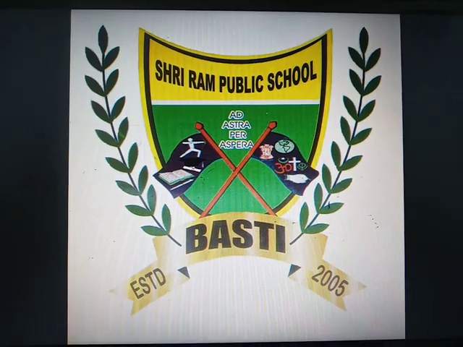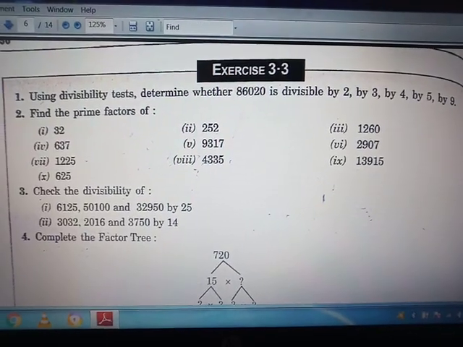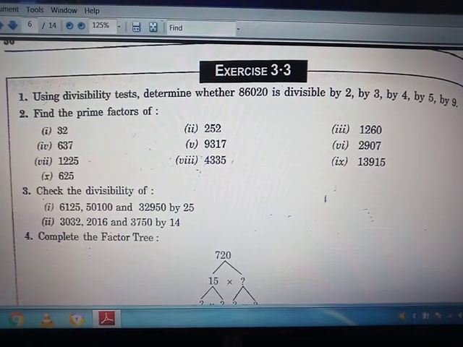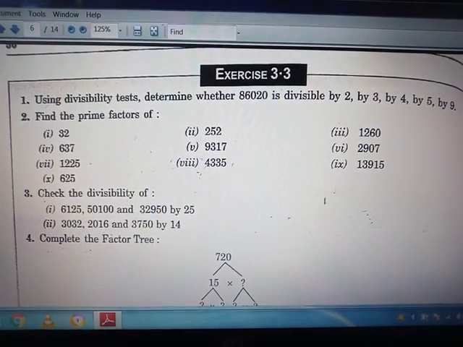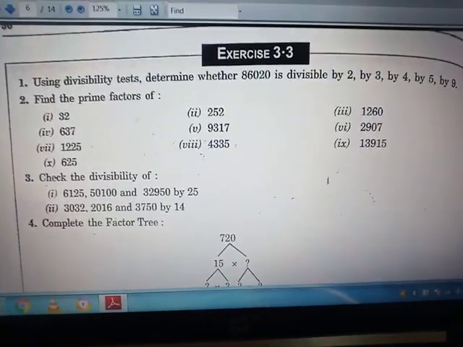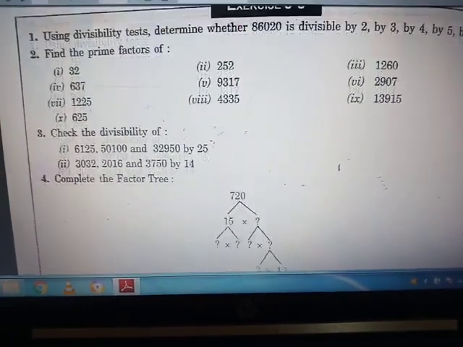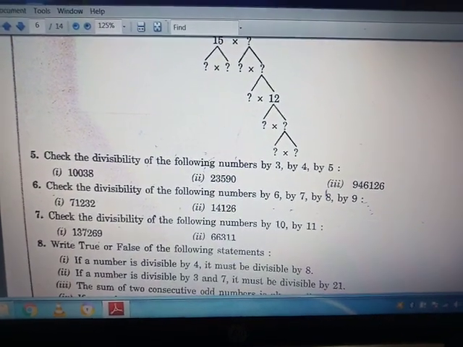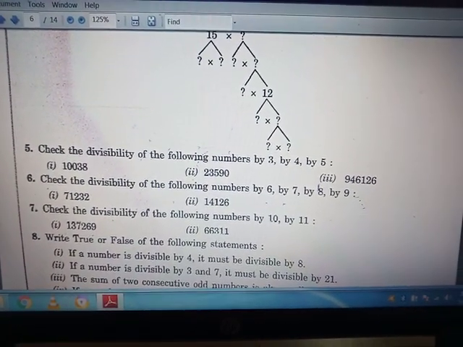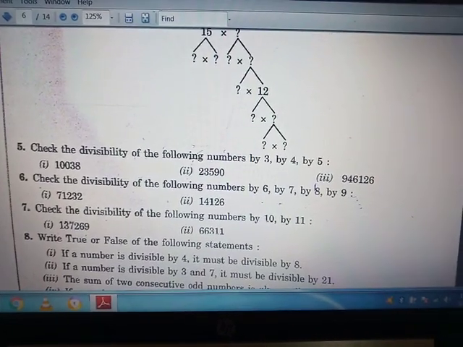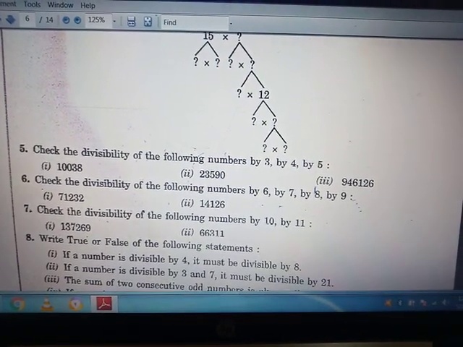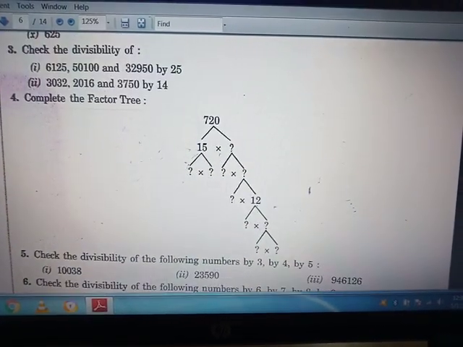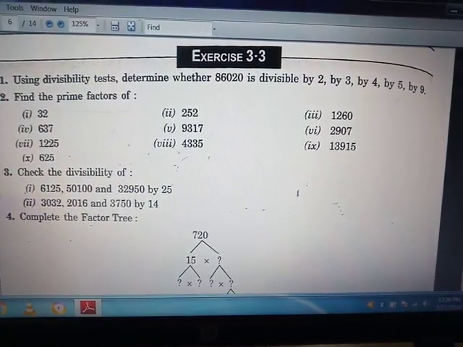So let's start. We were here on this exercise, and your first, second, fourth, fifth and sixth questions were your assignment work, and I hope you have completed that. If there is any doubt, tell me in the question hour and I will surely solve it, or give you the solution of the doubts in the next video. Okay, so let's start the test of divisibility by 9.